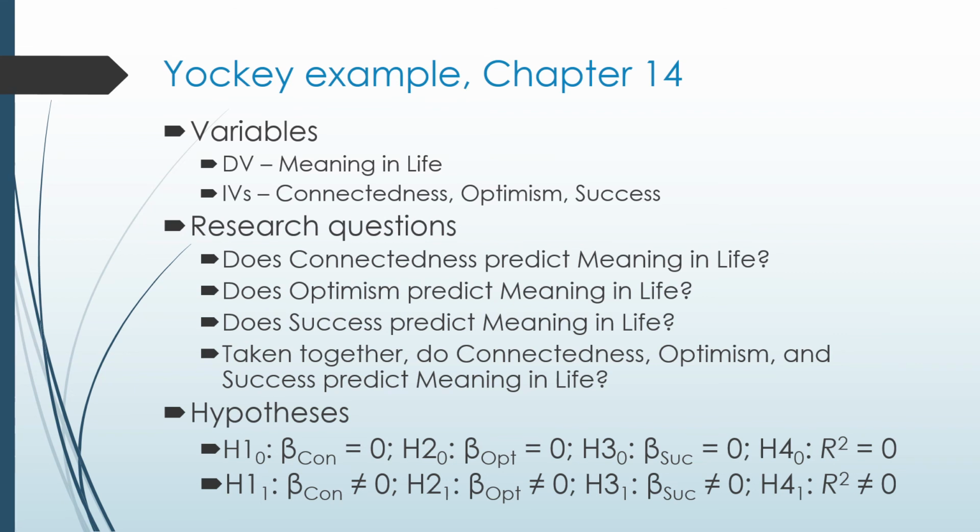And then looking at the very end of each of those 2 lines there, you see we have the hypotheses that address that last research question. Is the overall model predictive of meaning in life? Do all 3 of those variables together? So we're going to use the multiple r squared to do that. So the null hypothesis is that our multiple r squared is equal to 0, and the alternative is that multiple r squared is not equal to 0. Okay, so that lays the groundwork for the example in Yaki. So next